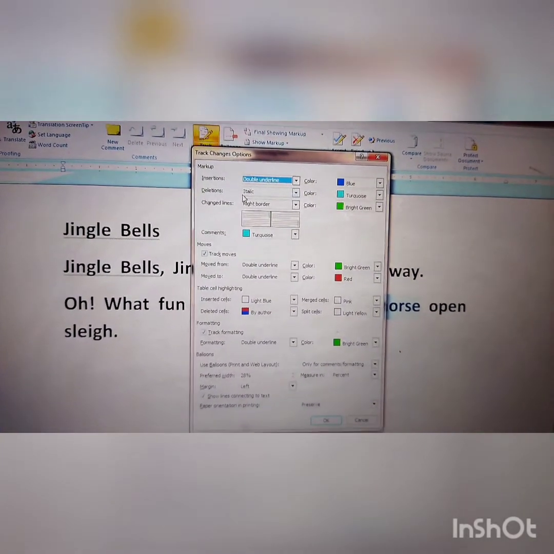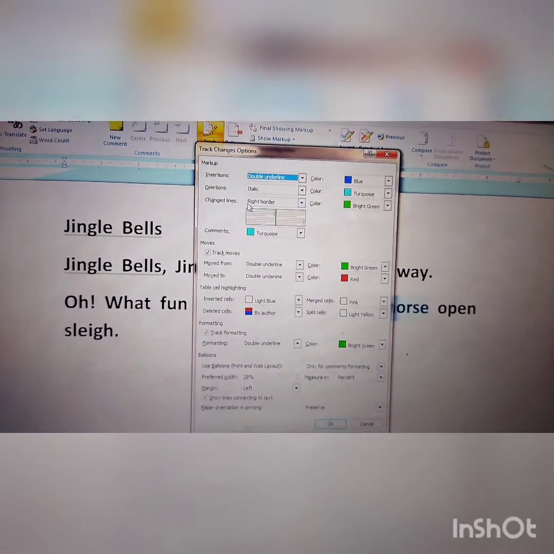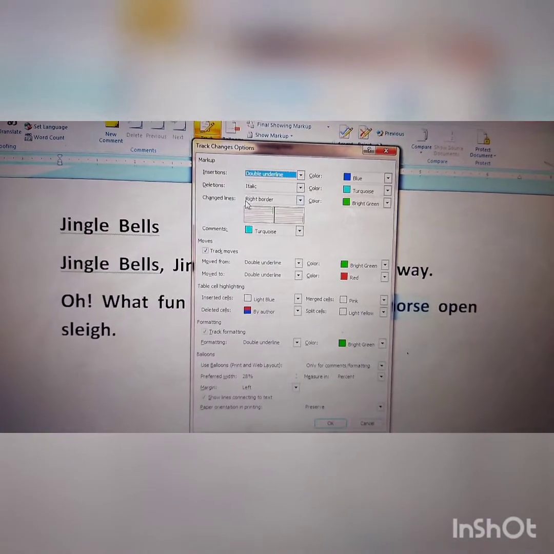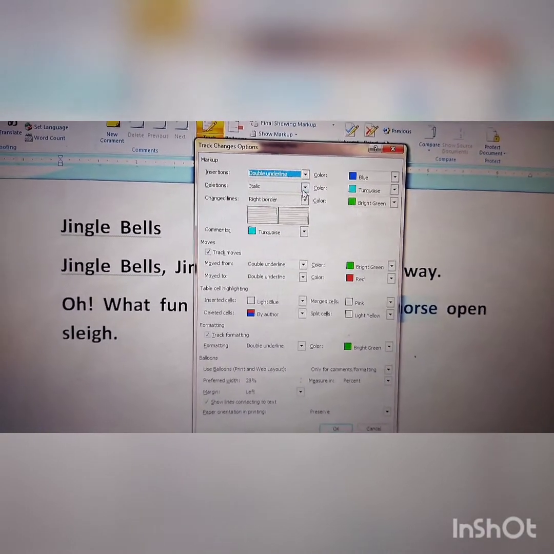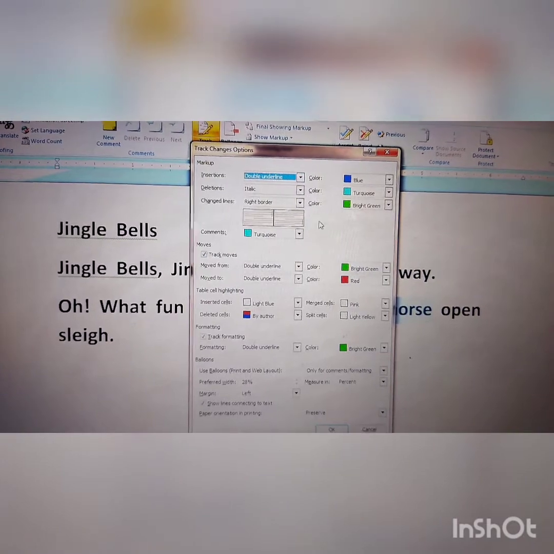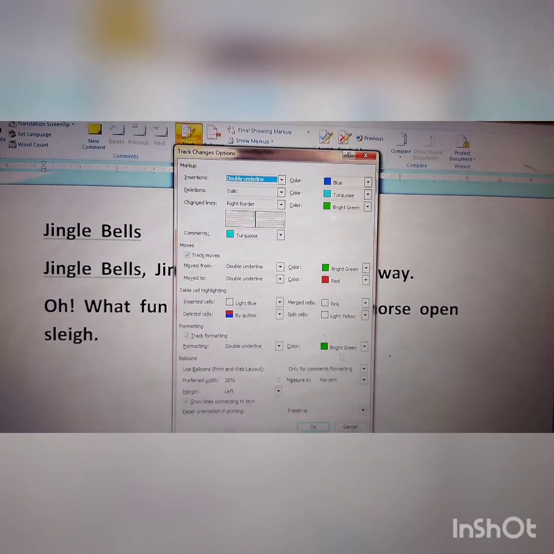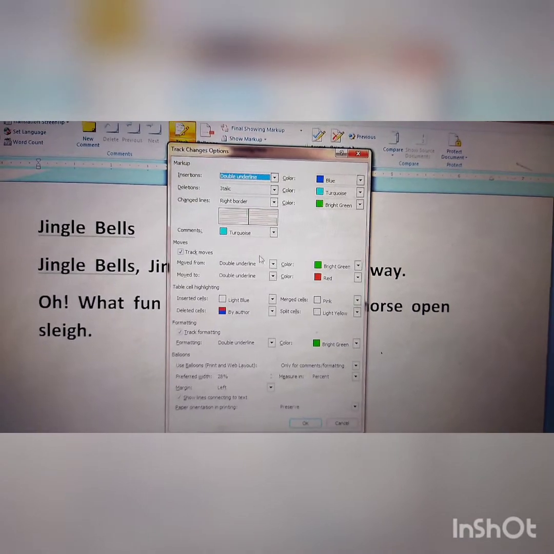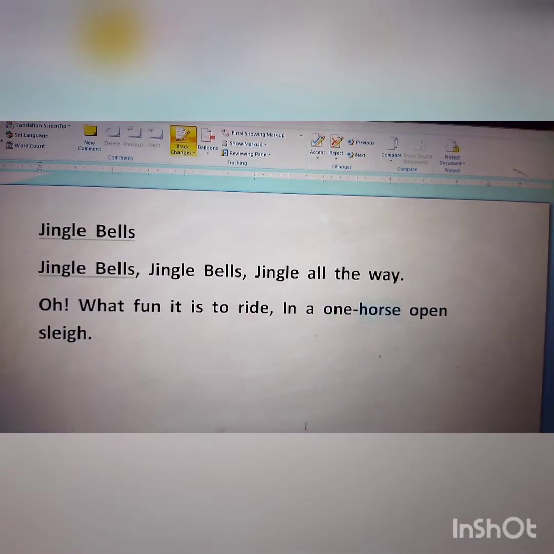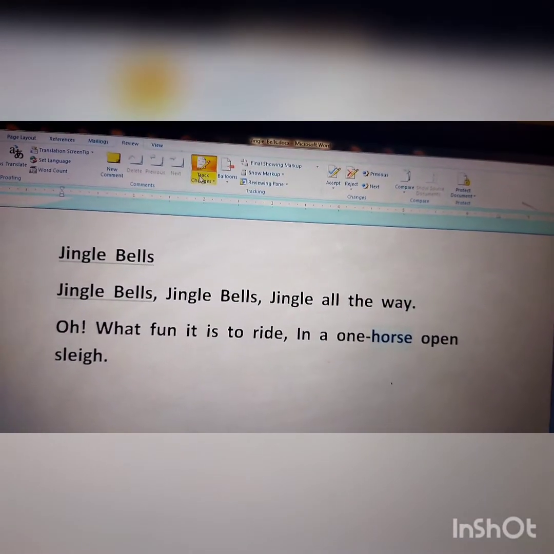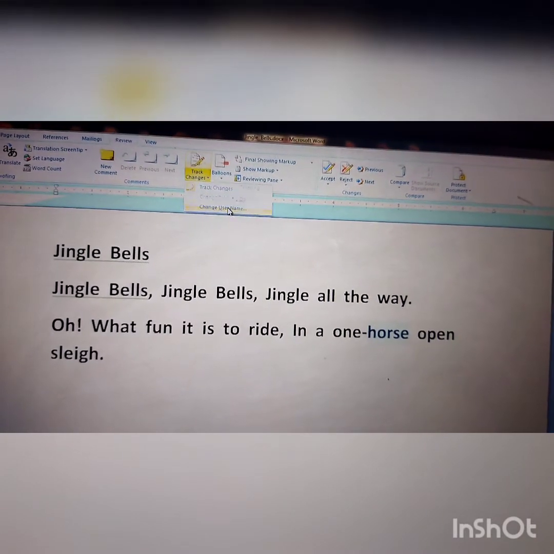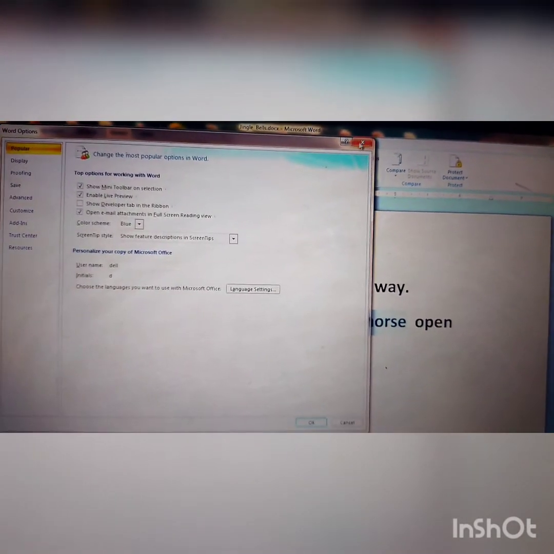In this dialog box that opens, you can apply italic, bold and color features, and all the other options here. After you apply these, click the OK button. So this is your track changes feature in your MS Word.